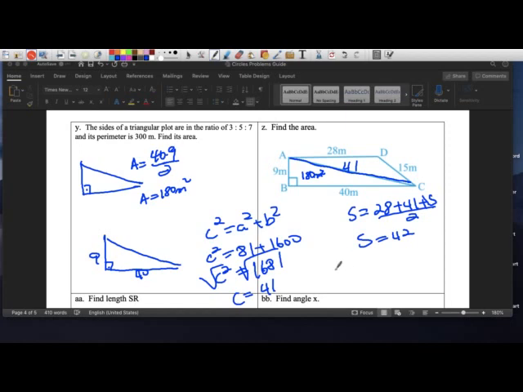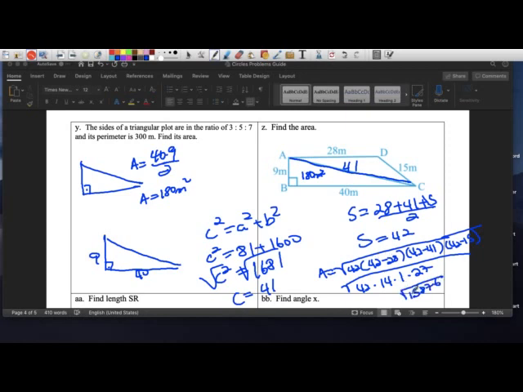And then we're going to use Heron's formula. The area is going to be 42. We're going to take 42 and subtract it by 28, 42 subtracted by 41, and 42 subtracted by 15. So the square root of 42 times 14 times 1 times 27, right? So let's multiply 42 times 14 times 1 times 27, which is going to give us